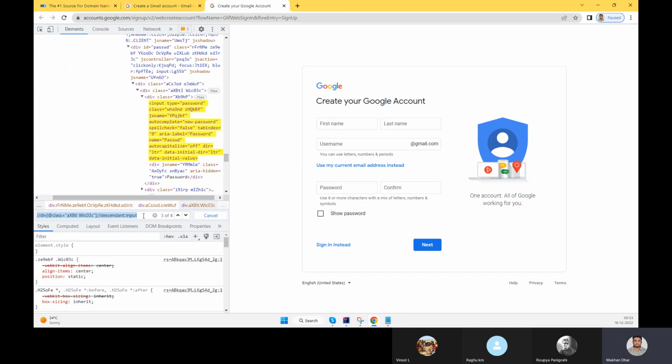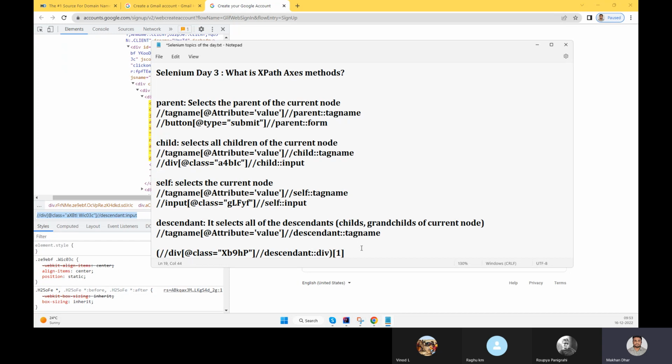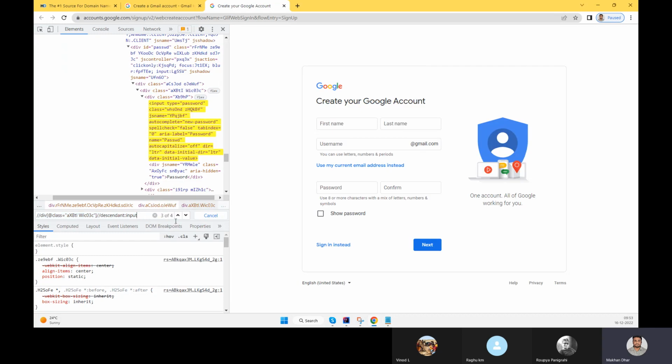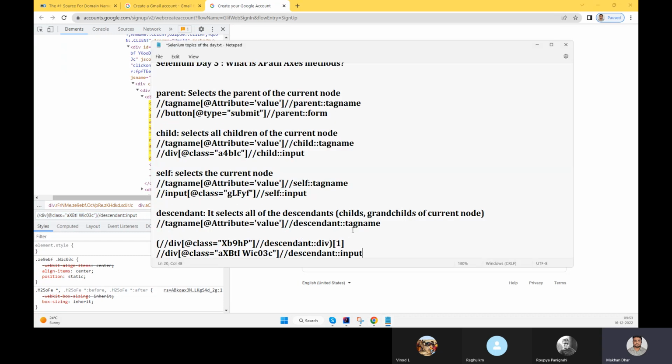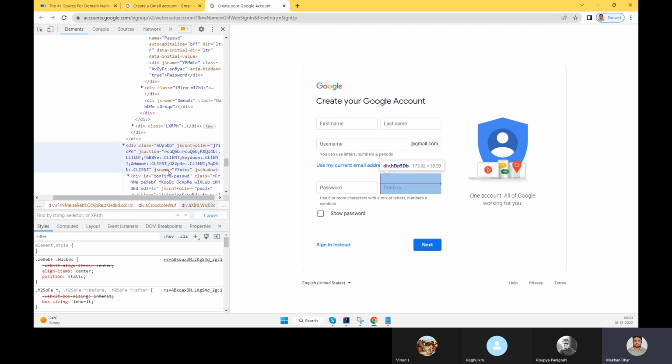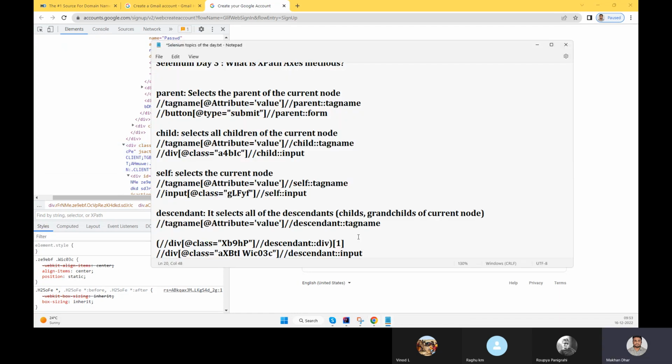Okay. Descendant, what is descendant? Even this could be an interview question also. What is descendant? What is parent, child? How to navigate? But you can try. If you know the syntax, you can explore more. You can write XPaths in a more dynamic way. So basically, this is the purpose, to make it dynamic. Okay. Now